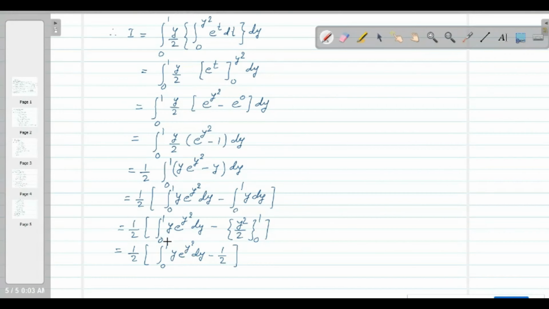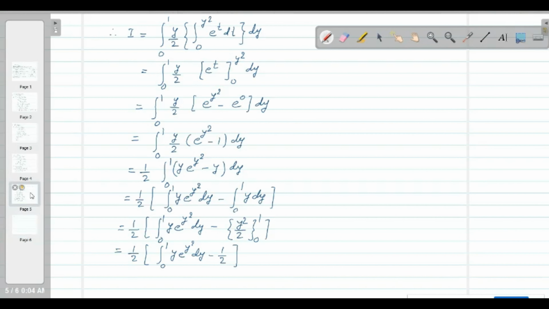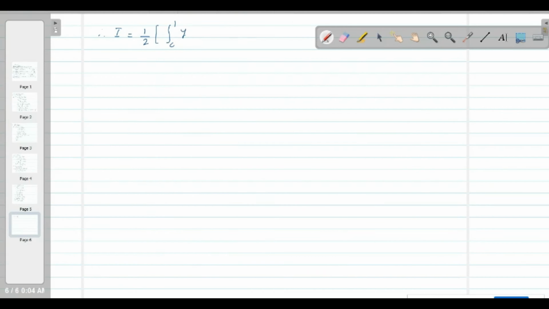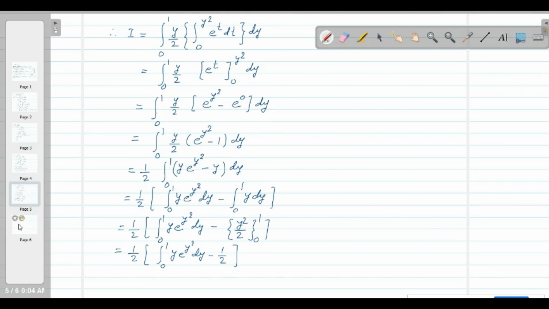अभी मुझे इसको सॉल्व करना पड़ेगा, ये मैं यहाँ पर भी कर सकता था, लेकिन यहाँ पे थोड़ा सब्स्टिट्यूशन में दिक्कत होता था, इसलिए मैंने इसको अलग से लिया। चलिए अभी इसको वी हैव टू पुट अगेन, यहाँ पे बैड पावर दिखाई दे रहा है, इसको मैं नेक्स्ट पेज पे ले जाता हूँ पहले। एंड दिस इक्वल टू आई इक्वल टू व्हाट, 1/2 इंटीग्रेशन ऑफ लिमिट 0 to 1 y e raised to y square dy माइनस 1/2, यही है ना, देख लो फिर से।